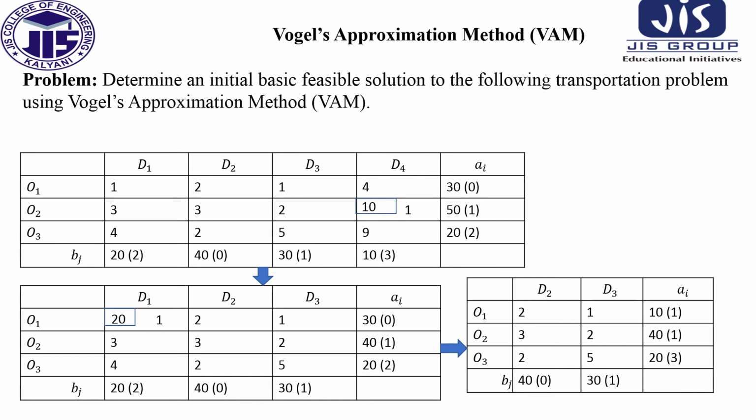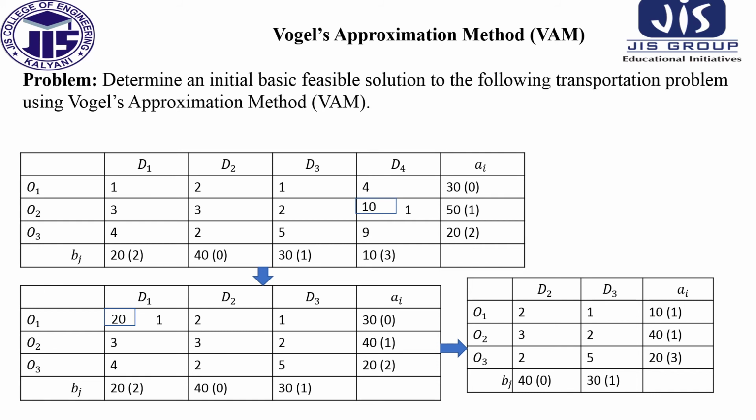For the column, 3 values are there, 2, 3 and D2 column 2, 3 and 2. The minimum cost is 2 and the next minimum is 2. So 2 minus 2 is 0, and for the D3 column this value will be 2 minus 1, 1. So among all the subtracted values, 1, 1, 3, 1 and 0, 3 is the highest value. So we are getting this 3 from the O3 row. So we select this O3 row.